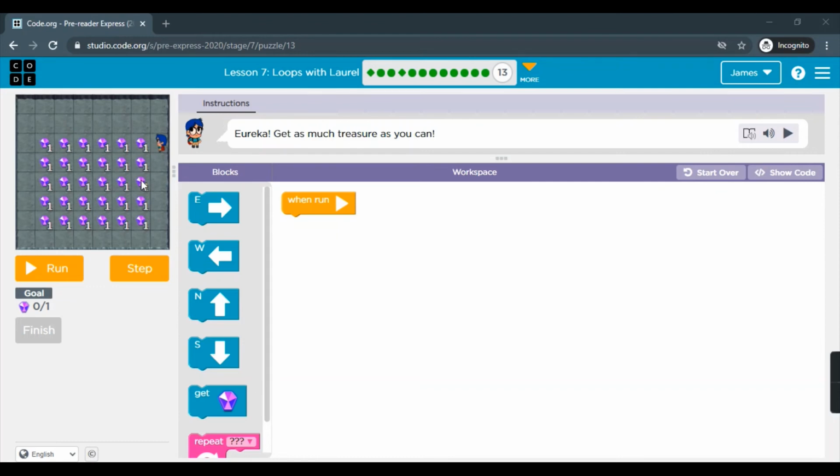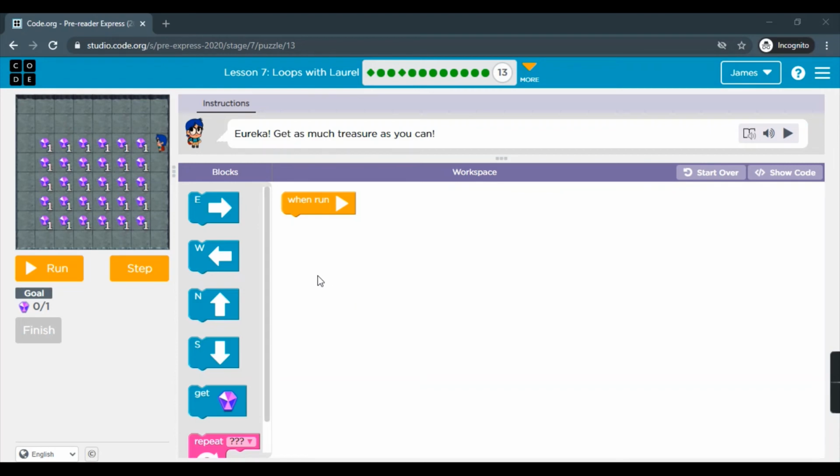What I'm going to do is first move Laurel 1 step here, then I'll go down, then I'll move him again and go up, then west, go down. So here I am going to find a pattern. For these 2 blocks, the code will be the same. Then for this 2, I will repeat the same code, and for this 2 also. So I am going to use the same set of blocks 3 times. 1, 2, and 3 times.